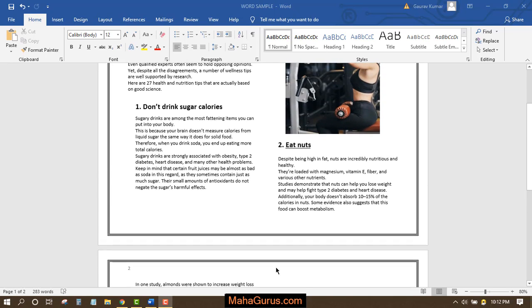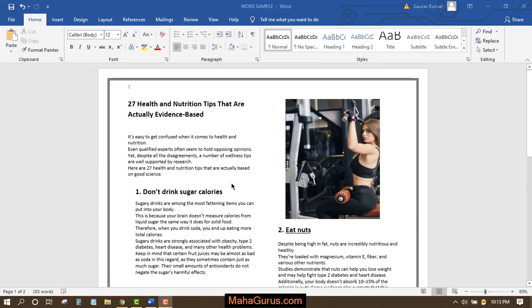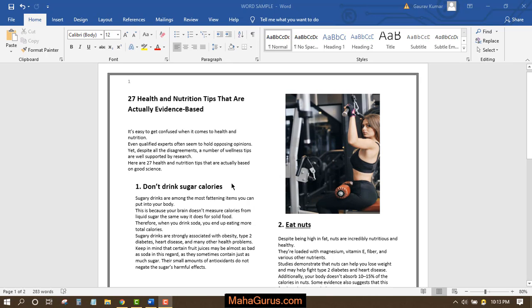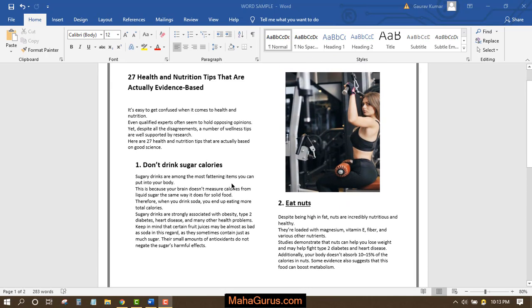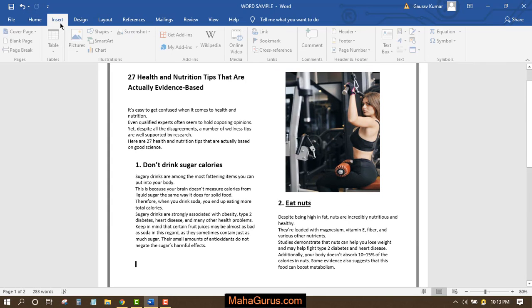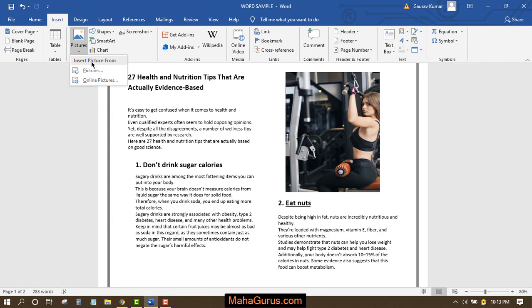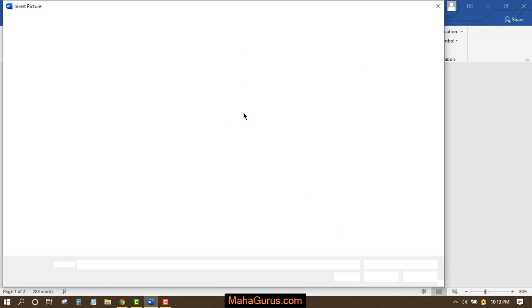So in this tutorial, we're going to learn how we can add signatures in our page. For that, first we have to take a picture and crop it in the shape, and then you have to click on insert and click on add picture. Now select your signature picture,